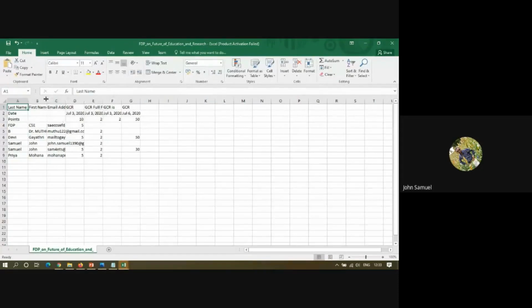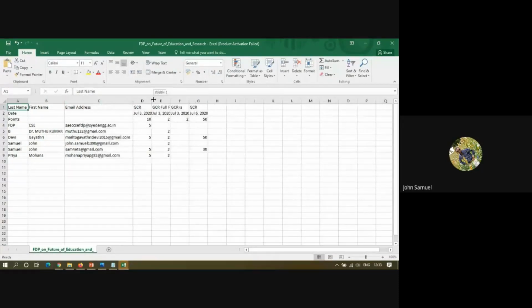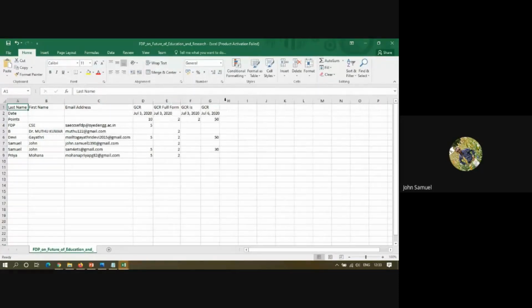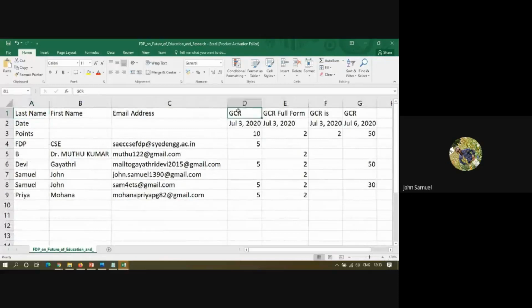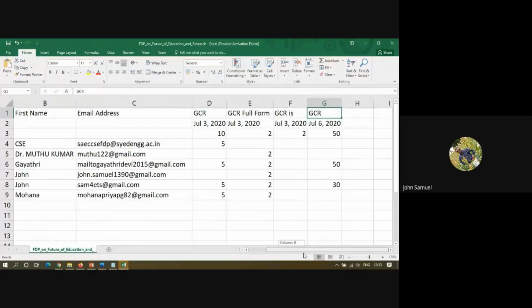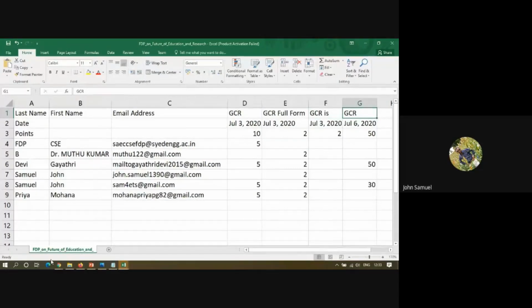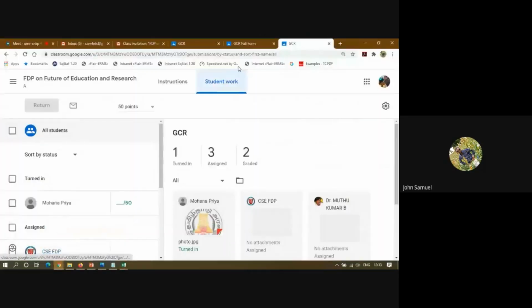So you can see, right? So GCR, what is GCR full form? GCR is GCR, right? So all those are displayed. Okay. So this is of the class work